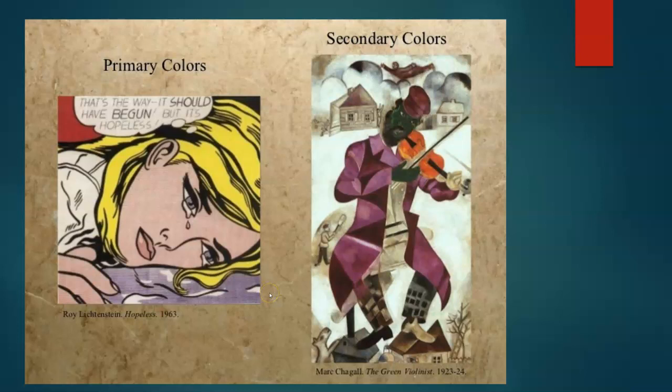Colors can be divided into categories. We have primary colors that are used in this Roy Lichtenstein piece called Hopeless from 1963. And the primary colors are red, yellow, and blue. In this piece, as in the piece here on the right, both artists are using what we call a limited color palette, where they start from the beginning of their creation, and they decide, I'm only going to use